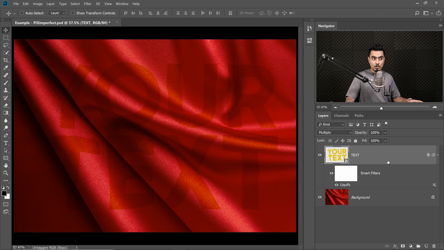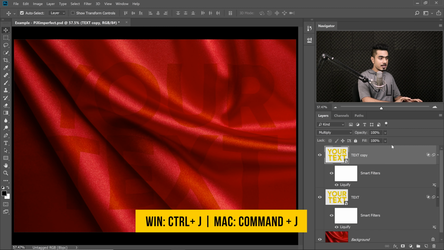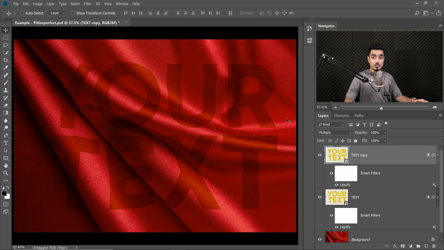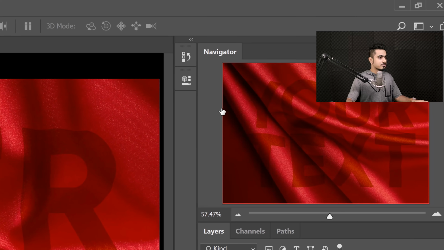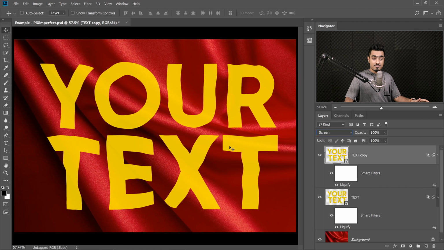Now make one more copy of it. Press Ctrl or Command J, and this time change the blend mode to screen, the opposite of multiply. So click on it and change it to screen. There you go. All right. Now once we have done that,